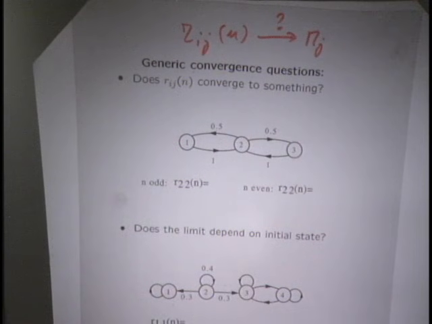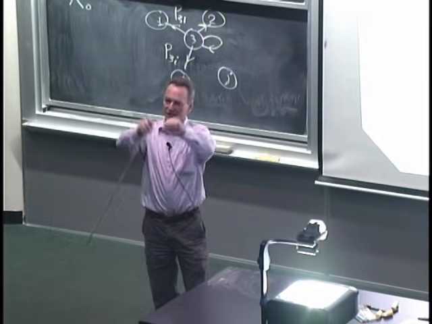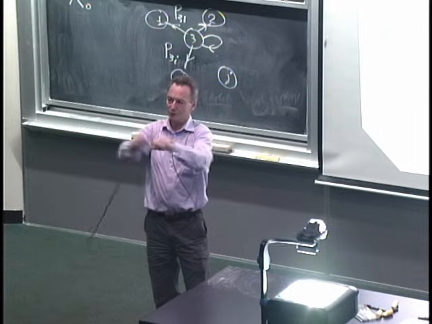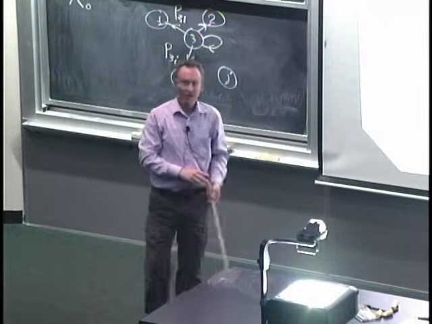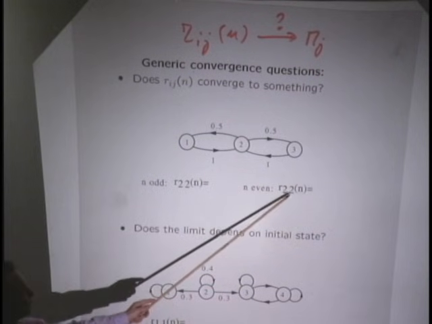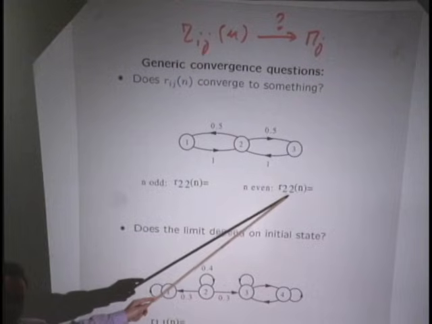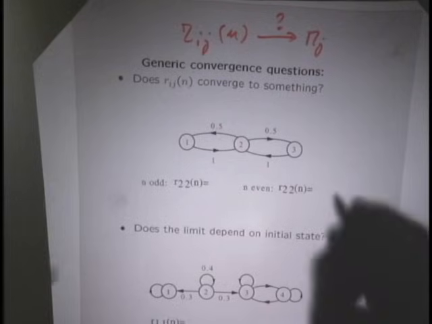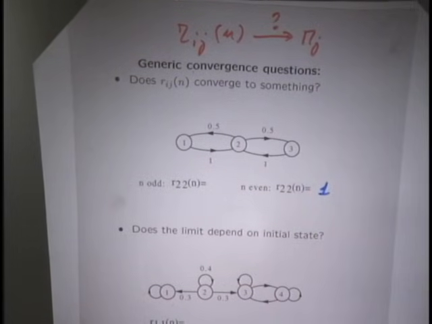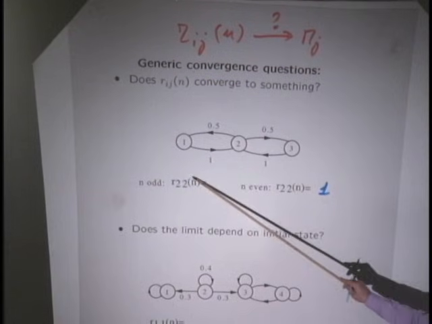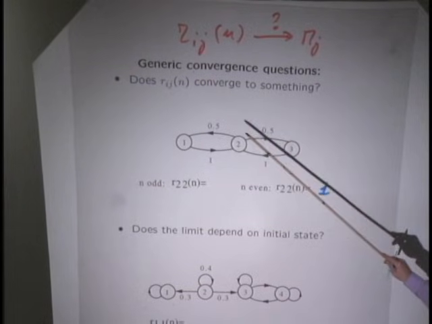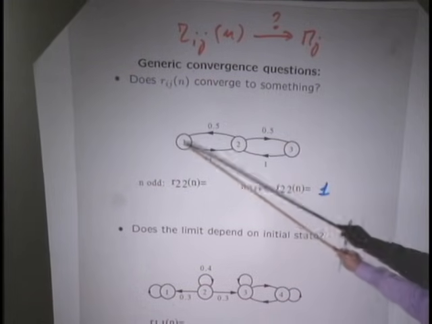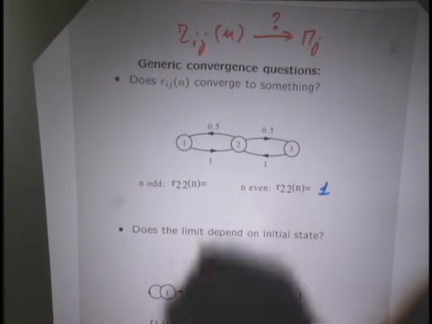So this chain has some randomness, but the randomness is kind of a limited type. You go out, you come in. You go out, you come in. So there's a periodic pattern that gets repeated. It means that if you start at state 2, after an even number of steps, you are certain to be back at state 2. So this probability here is 1. On the other hand, if the number of transitions is odd, there's no way that you can be at your initial state. If you start here, at even times you will be here, at odd times you will be there or there. So this probability is 0.